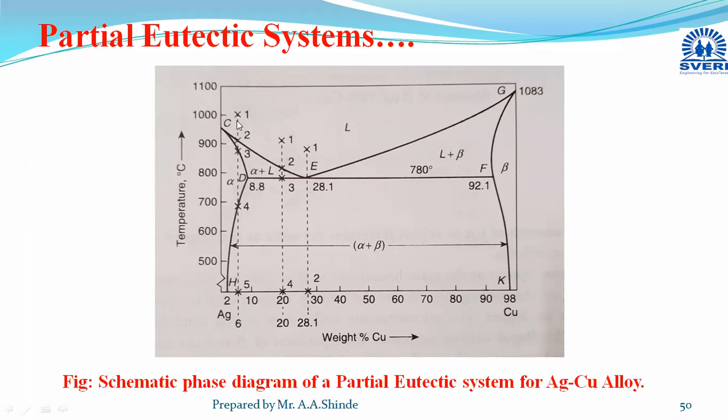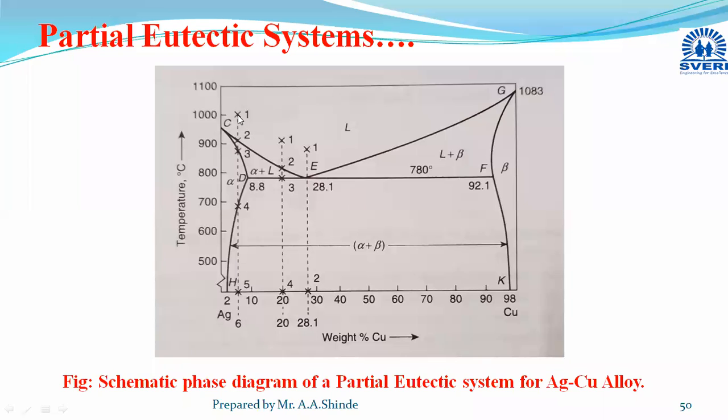Now for this curve, mark the points 1, 2, 3, 4, and 5. Mark the points wherever it cuts your phase diagram. This is the starting point, then it cuts the phase diagram here, then here 2, 3, 4, and 5. Now for each region, you have to discuss what the microstructural changes will be during this cooling. Your alloy at point 1, initially you have heated that alloy up to 1000 degrees Celsius. Now you are slowly cooling that alloy.